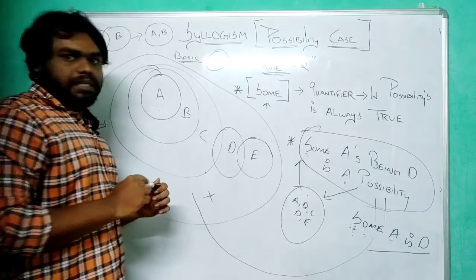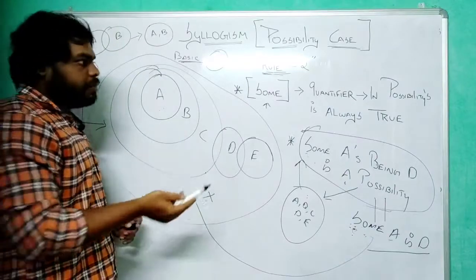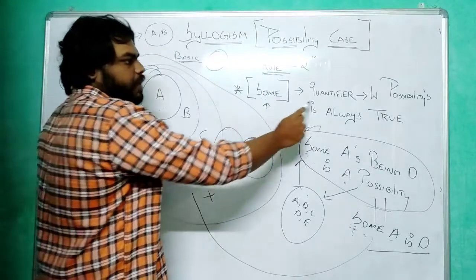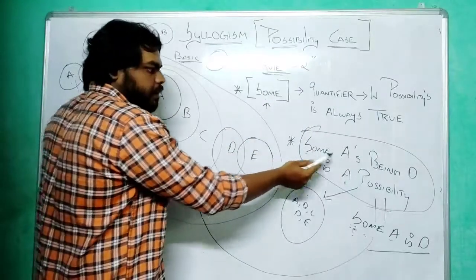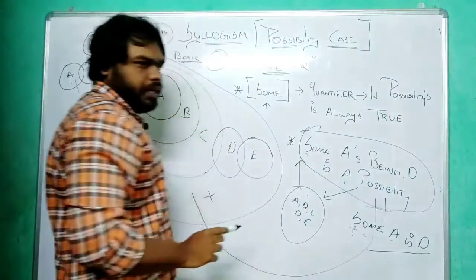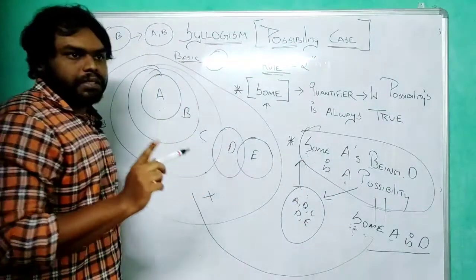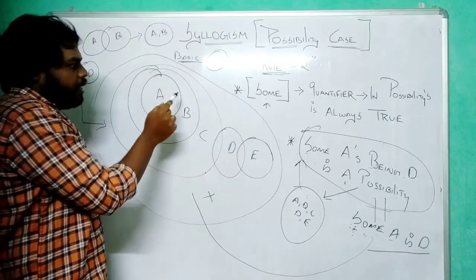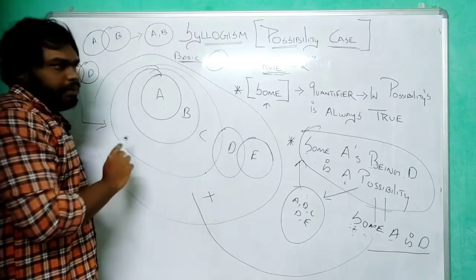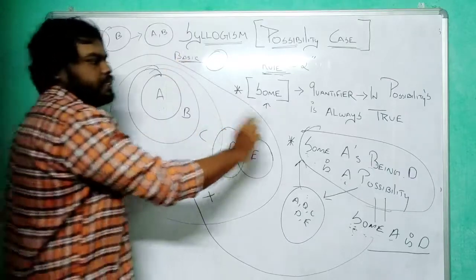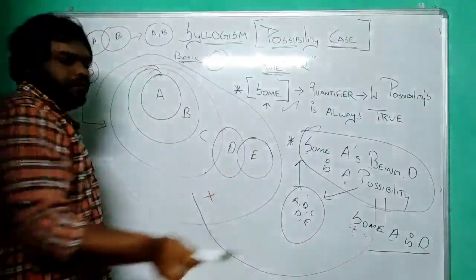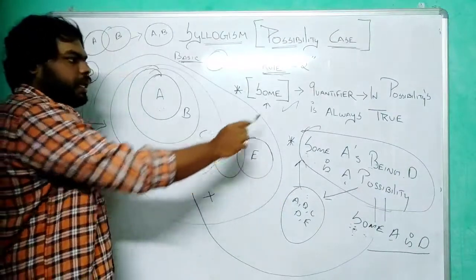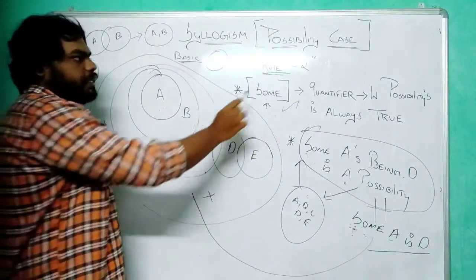So this is the second rule. I'll explain it once more. If I see some quantifier in a possibility case like this, some A being D is a possibility, the first thing I will check is whether all the statements that are given are represented in a single Venn diagram. If it is represented, this is definitely true. You don't have to check anything. You don't have to draw a possibility diagram. You don't have to think anything. It is true. That's all. Right. This is rule number